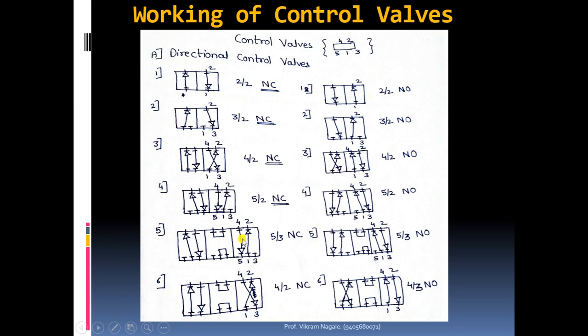Next is this is 5 by 3, 5 ports are there in one block and you can see 3 positions are there. Then whenever we want to stop the system suddenly, okay, suddenly means एकदम अचानक, एका मोमेंटमध्ये वाटलं आपली सगळी सिस्टम स्टॉप झाली पाहिजे, त्या केसमध्ये what we have to do is we have to activate this middle block. हा मिडल ब्लॉक ॲक्टिव्ह केला त्या केसमध्ये काय होईल,